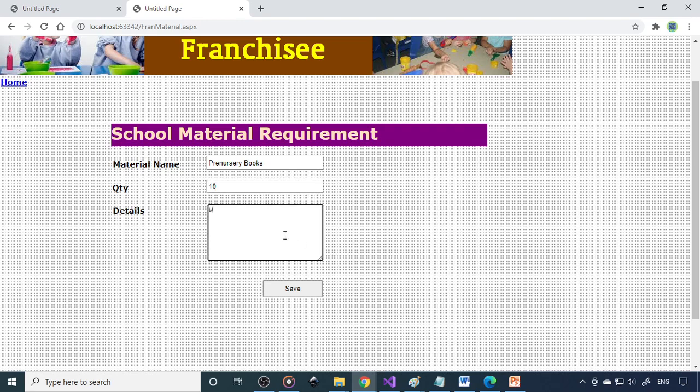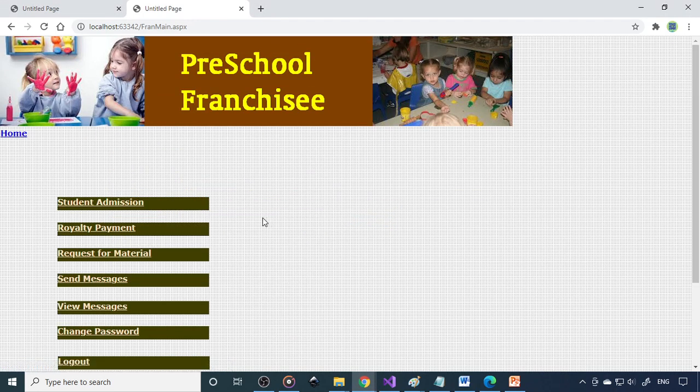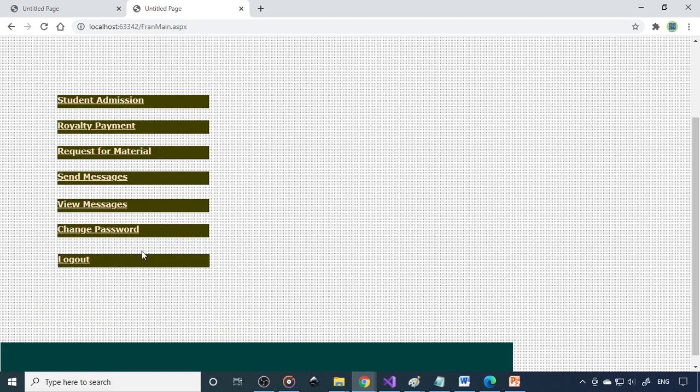We are expecting admission this month. So save this. That is indicative that we are requesting for 10 books for the pre-school. Apart from this, anything else, you can send a message and then we can view the message.